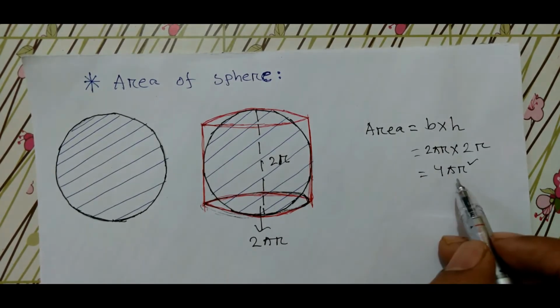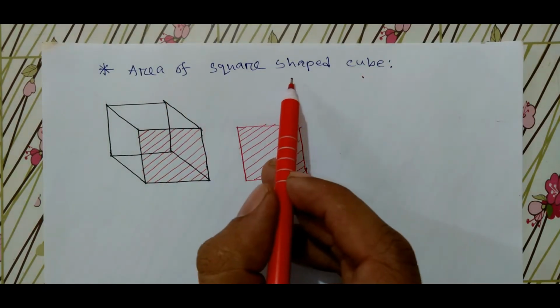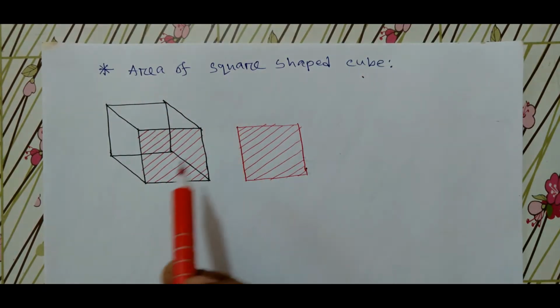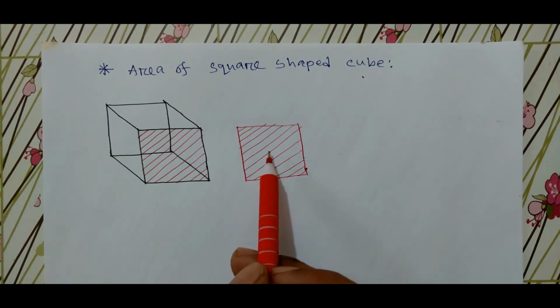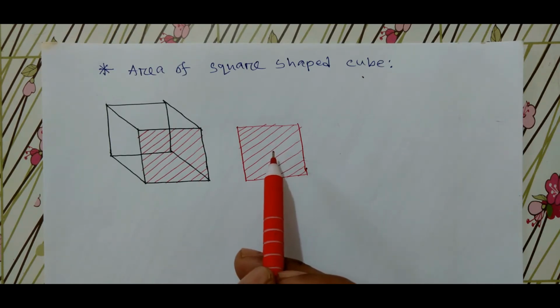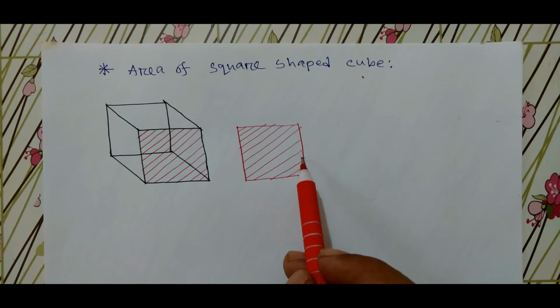And this is the area of sphere. So it's so easy. Now we will find the area of square shaped cube. We know that there are 6 equal surfaces in the square shaped cube. Now I have cut here one surface. So if we can find the area of one surface,